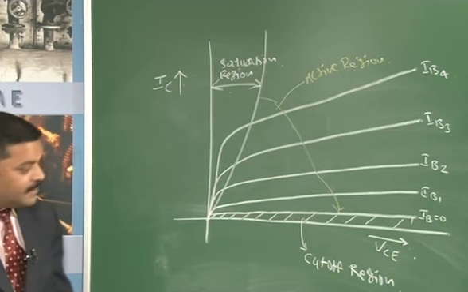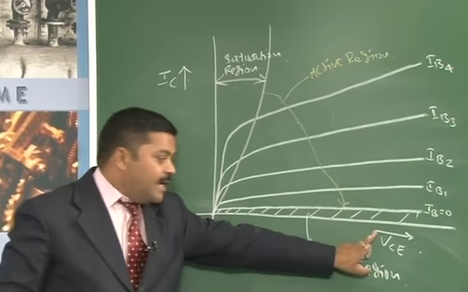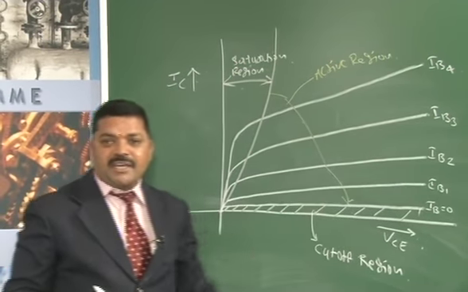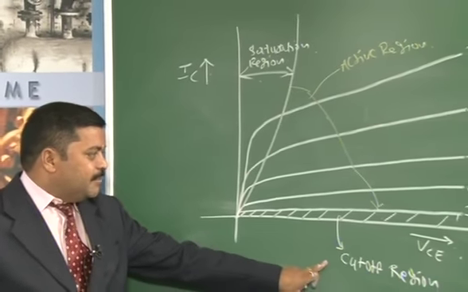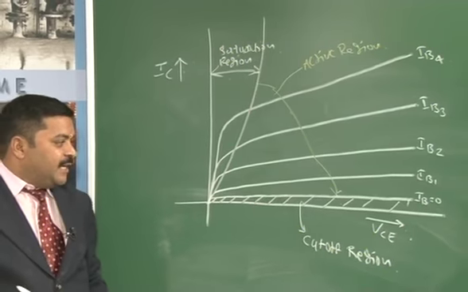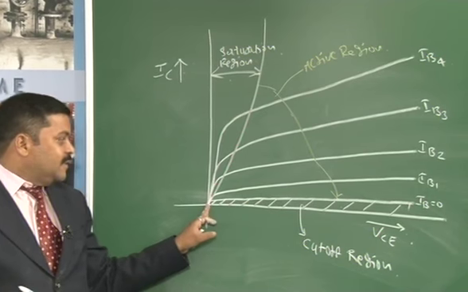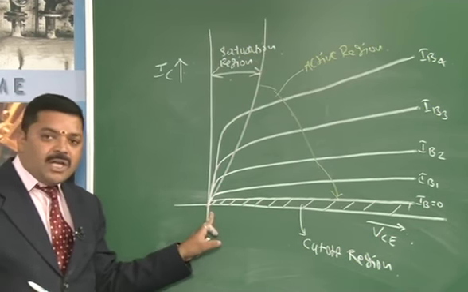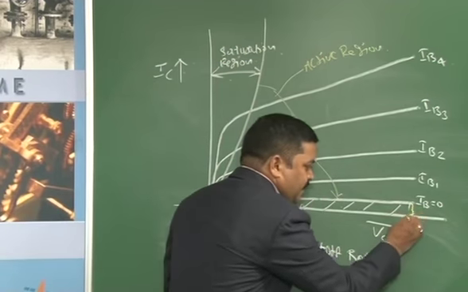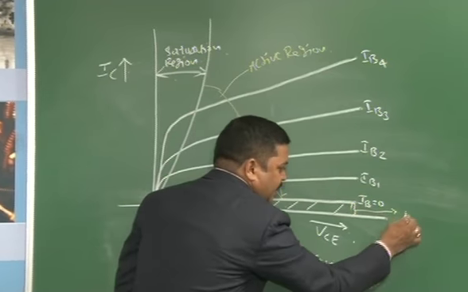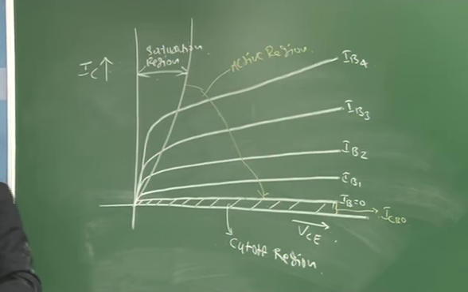Now, this is the output characteristics. What is output characteristics? Output characteristics is the graph of IC versus VCE keeping the base current IB constant. Now, we have marked all the three regions of operation: cutoff region, below IB equal to 0, we may get collector current IC equal to 0, but we have shown some current that is due to leakage currents. What is that leakage current? ICBO. Let us not worry about ICBO.